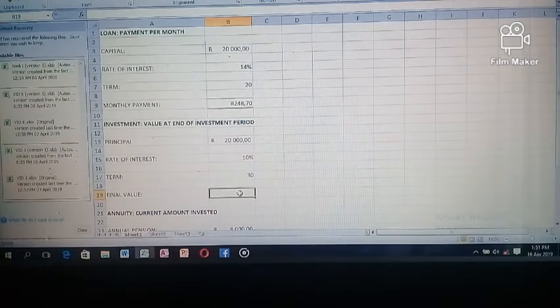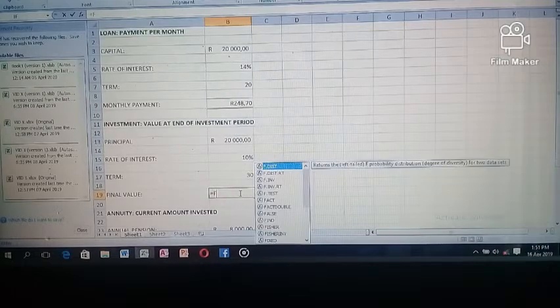Okay, the next one. So in this instance, we are asked to find the future value, isn't it? So what's our future value here? How are we gonna implement this? How are we gonna calculate this? So we're gonna type in the what? Equal sign FV